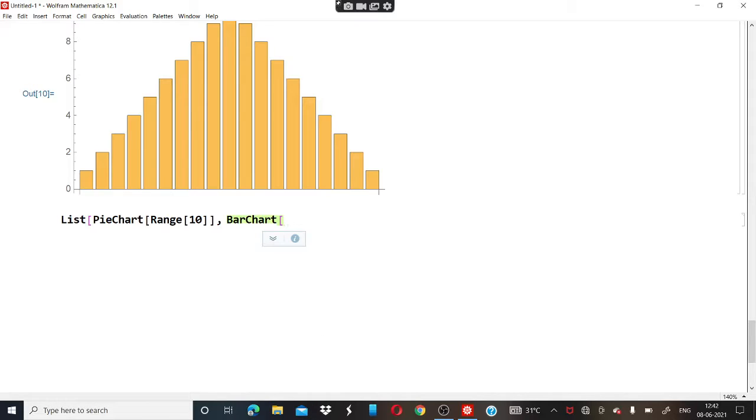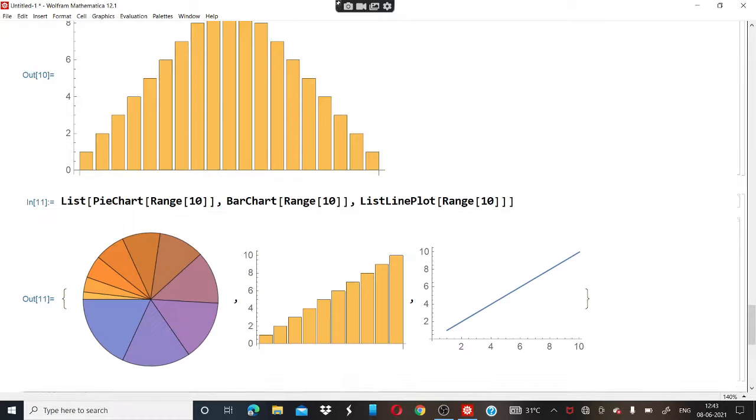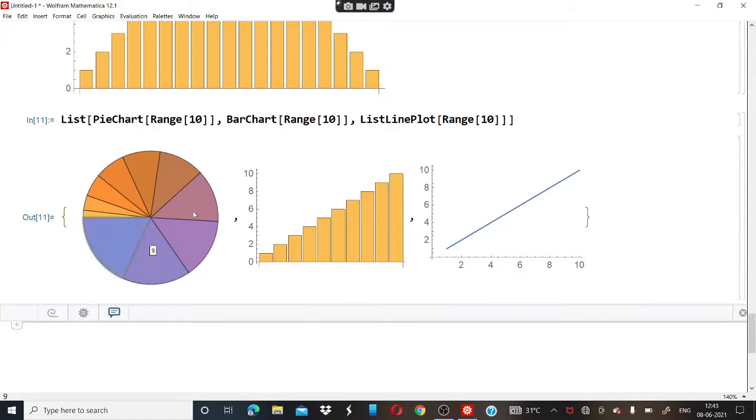Again we want the range as 10. Then we will write list line plot. Then we will again define the range as 10. Then close the brackets, press shift and enter key, and you will see the result. It is making the list of pie chart, bar chart and the line graph as shown here.